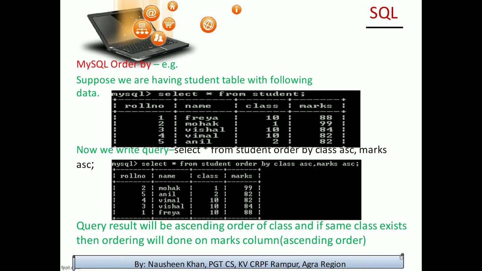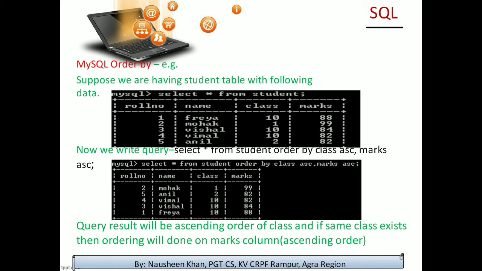Now, if I want to sort the result according to two columns, meaning first by class and then by marks, that means if there are more students of the same class, then they should be sorted according to their marks. So, I'll write the query: select asterisk from student, order by class ASC, marks ASC.